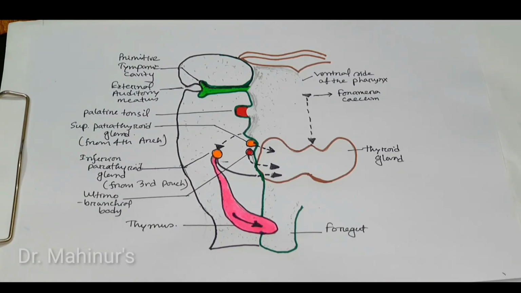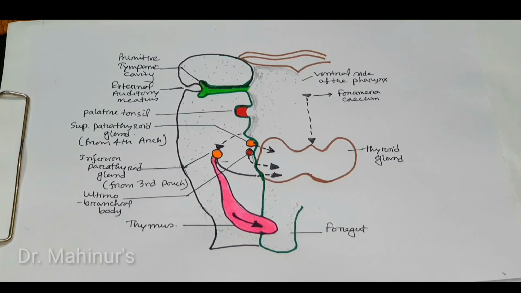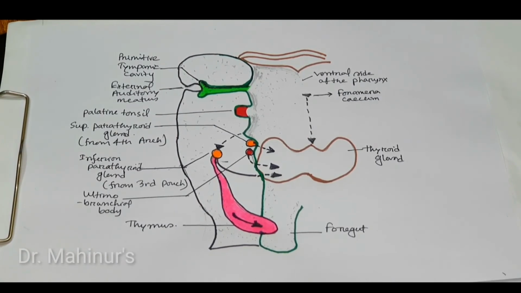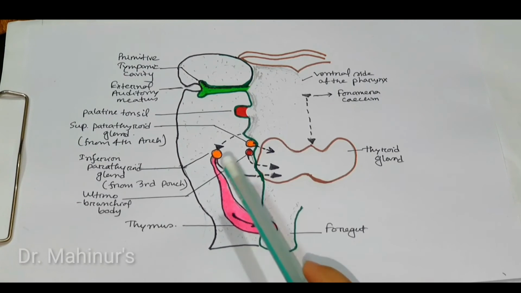The epithelial lining of the second pharyngeal pouch proliferates and forms buds that penetrate into the surrounding mesenchyme. The buds are secondarily invaded by the mesodermal tissue, forming primordium of palatine tonsil. During the 3rd and 5th months, the tonsil is infiltrated by lymphatic tissue, and a part of pouch remains as tonsillar fossa in adult. Now coming to 3rd pharyngeal pouch. In the 5th week, epithelium of the dorsal wing of the 3rd pouch differentiates into the inferior parathyroid gland here, and the ventral wing forms the thymus.